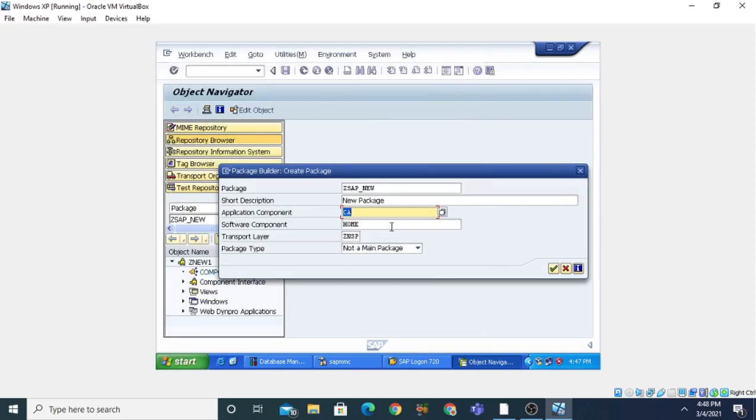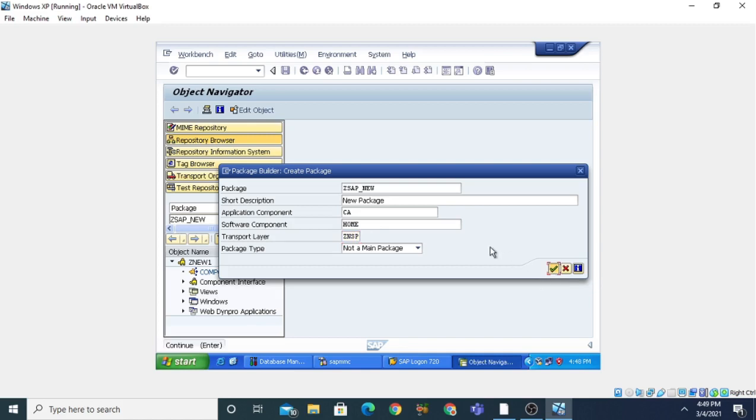The software component, leave as it is, that is home, and the transport layer is responsible for transferring your project or your product from the development system to the production system. So now you select the OK or continue button.